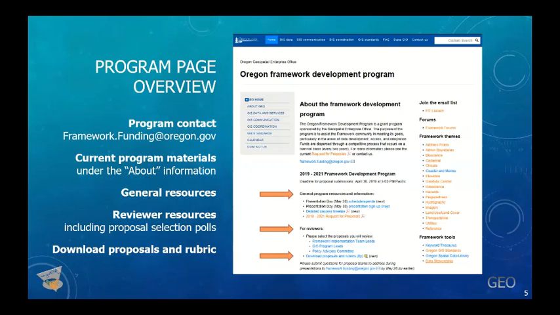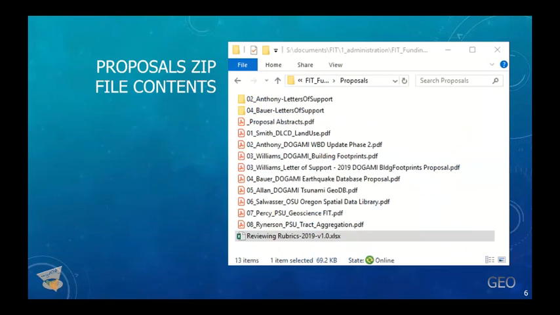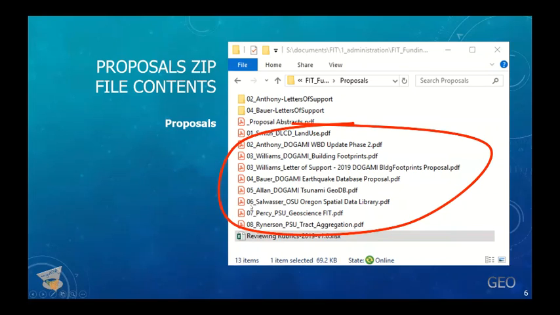And then, of course, you can also find the link to download proposals, and included in that zipped up package are the rubrics that you'll use for reviewing. Once you've downloaded the proposals and rubrics, you'll see a collection of information that looks like this. The bulk of this package is composed of proposals.